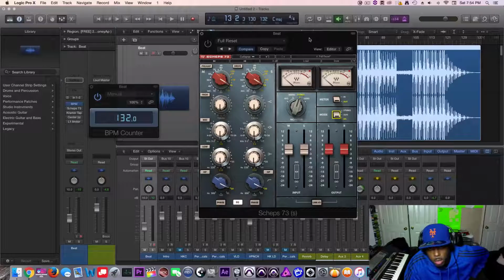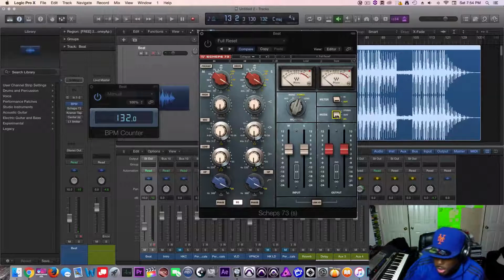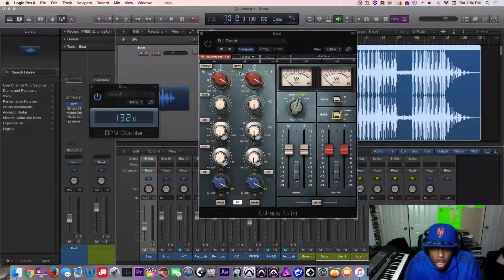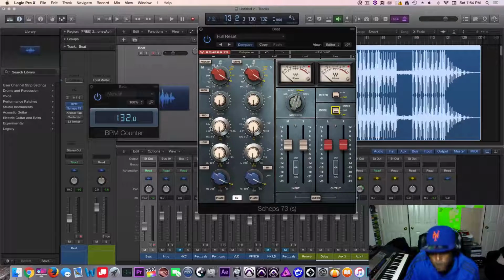So listen up. Let me tell you why we want to set this to MS. Basically what MS does is, you see it's two sides, right? When you set this to MS, everything on this side goes to the center, and everything over here, these knobs, affect the side. You want to have that control because